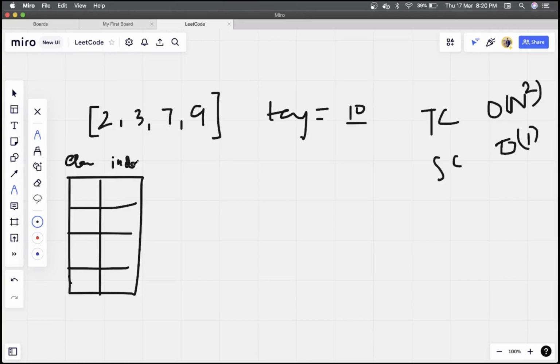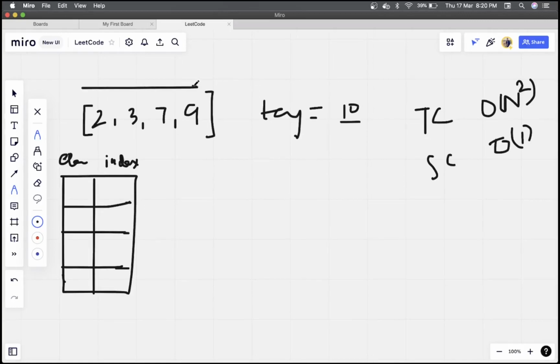Because we have to keep the reference. So what I can do is iterate through the array, right? We go through the array, and check whether target minus array of i is present in our hash map or not.